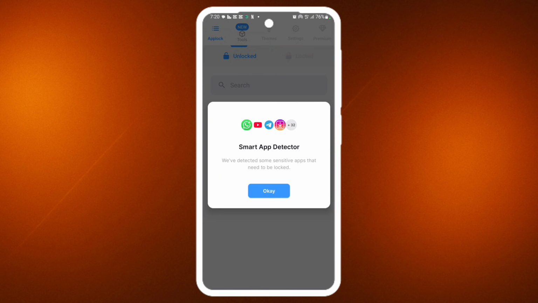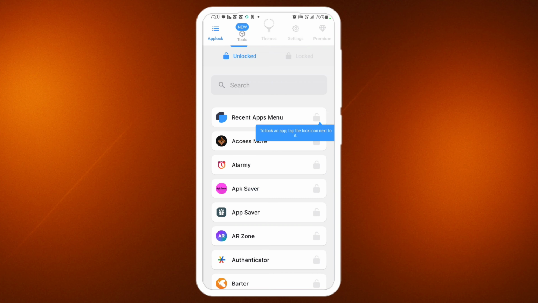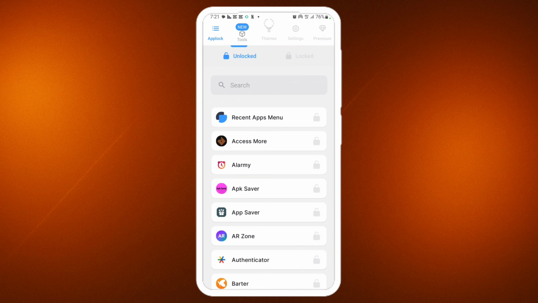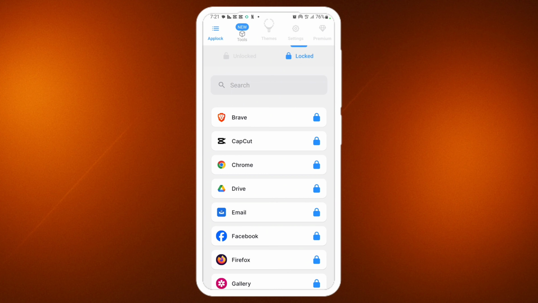Now the app is turned on, so let's click on OK to access the interface. Now there's actually two sections in this interface. There's this section that is locked. You can see the lock section, and also there's this other section which is the unlocked section. So right now you can see that it have actually locked a lot of apps already, but I don't need these app locks. The only app I need locked is my Instagram app, so I'm going to be unlocking all of these apps